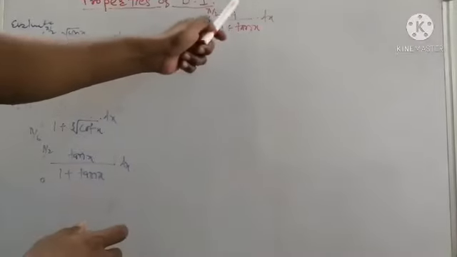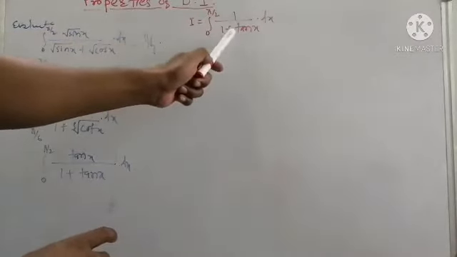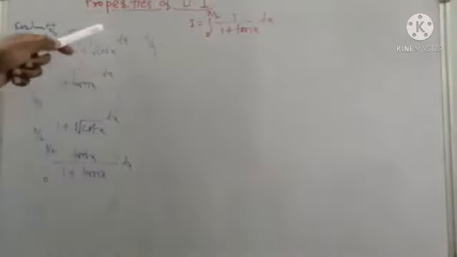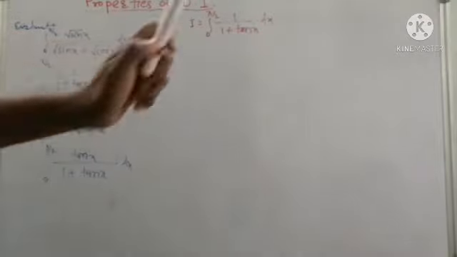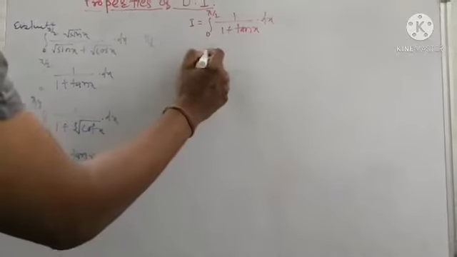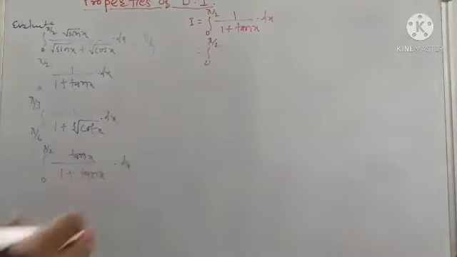I equal to integration from 0 to pi by 2 of 1 upon 1 plus tan of x. As you can observe here, in the first example the terms were in trigonometric form only, but here only tan x is there. So we simplify this integral first and then use the method as we used to evaluate